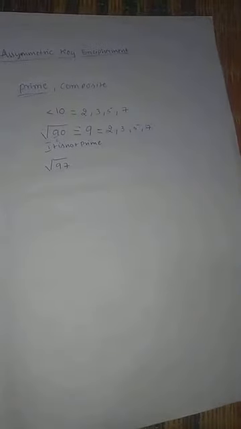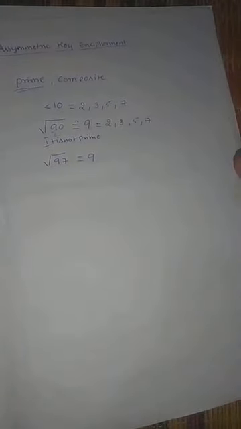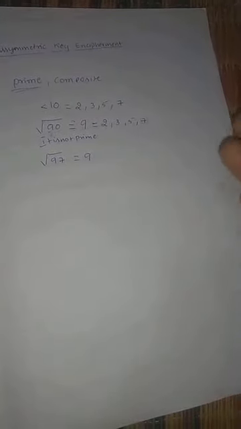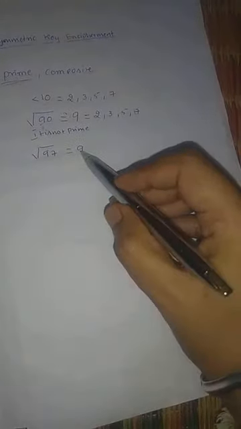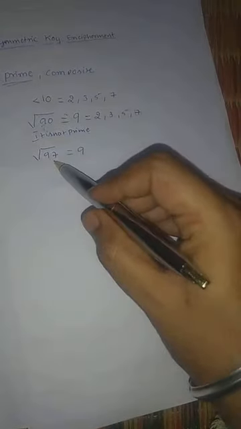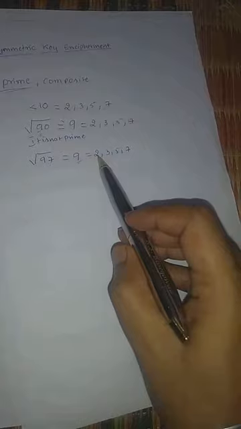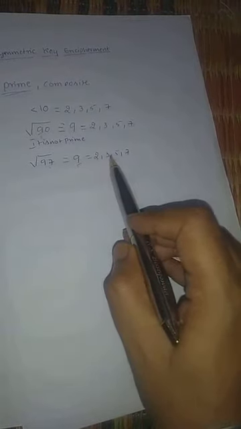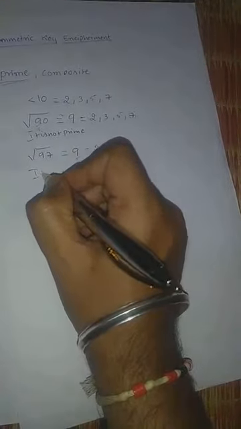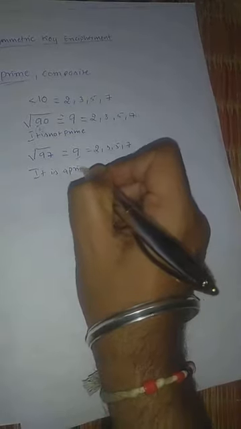Same thing you consider for another number. Let me consider 97. The answer will be the same, a fractional value. 9 9s are 81, so nearby 81 we have got the value because 100 is 10 squared, and 97 is less than 100, so we get the value 9. The same method can be applied with 2, 3, 5 and 7. We just observe whether 97 is divisible by 2. No, it is not divisible by 5 or 3 or 7, any of the numbers. Then it can be called a prime number.